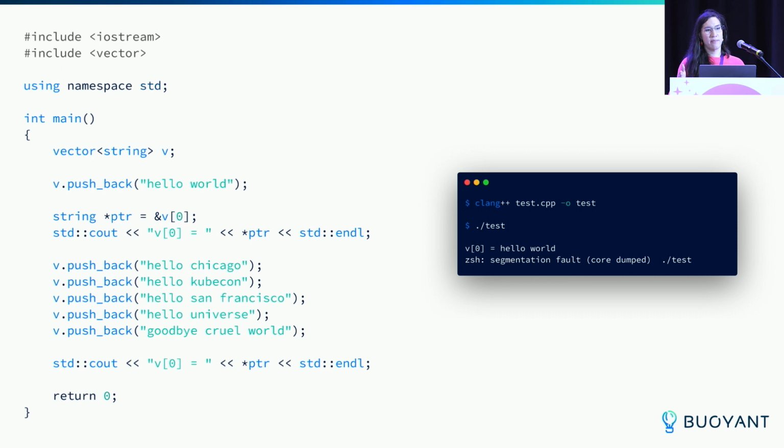And if it exceeds its capacity in that fixed length array, it needs to create a new array somewhere else in memory that's larger and move all of its contents over to that new array. And when it does that, our pointer to the first element of that vector is no longer valid. We're now pointing to where that vector used to be. And so that causes the segmentation fault. So we're accessing a pointer that is no longer valid because it has changed out from under us without our knowledge. It's pretty sneaky.